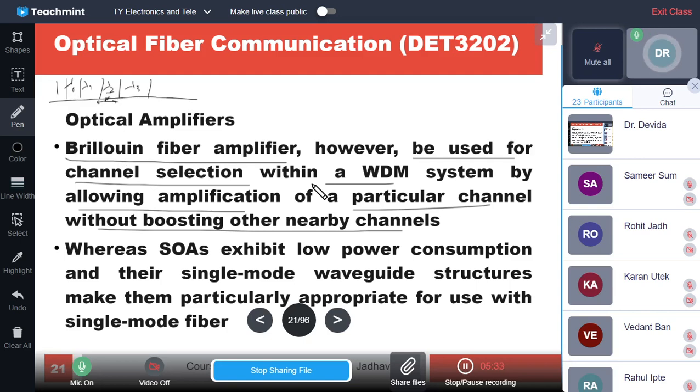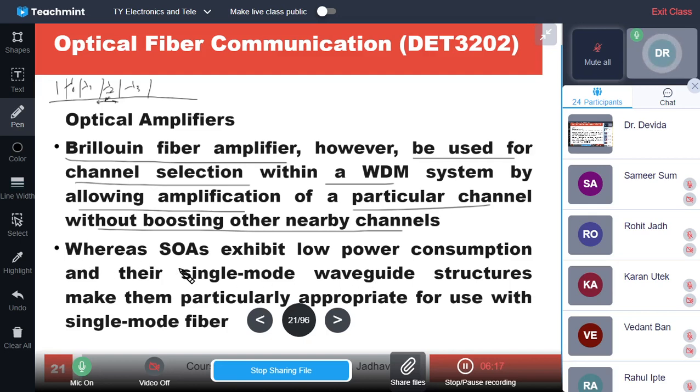So that's why it is called selective response, or filtering. So the Brillouin amplifier is used for channel selection within the WDM system. It is a very good application because it is required. We are mixing channels in wavelength division multiplexing, but how to select, demultiplex them? So it is a very easy way. It is amplifying, and at the same time it is selecting also. Different tuning of different Brillouin amplifiers can be done for different subscribers, according to their wavelength to be transmitted or connected.